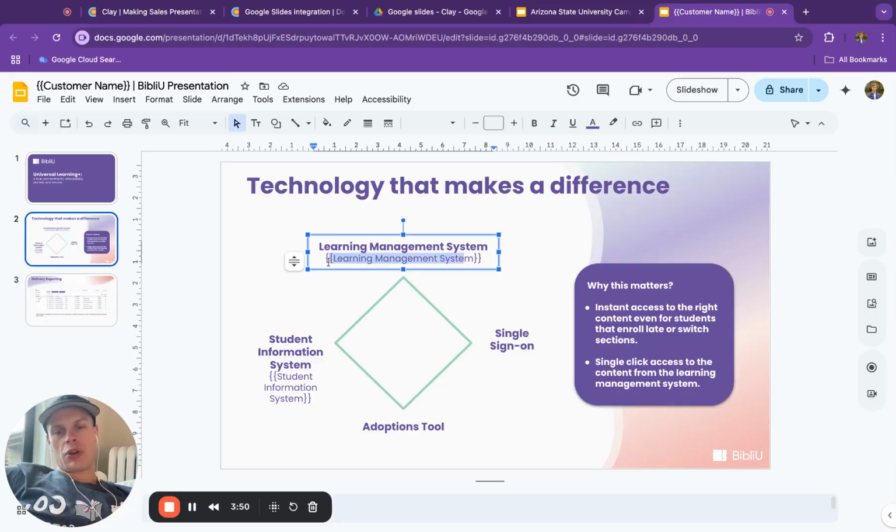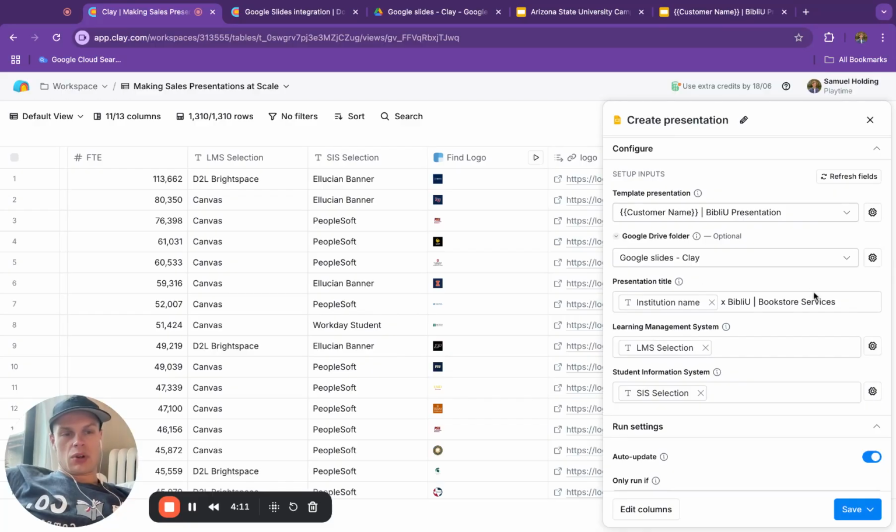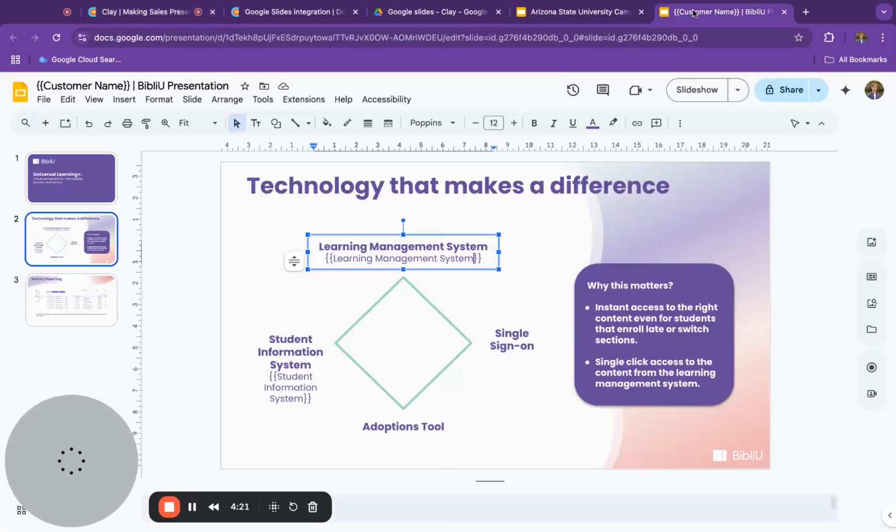You don't need to take these values from anywhere specific. They can be unique, and they should be unique from each other. Whether I call this learning management system or LMS, whatever is in these curly brackets doesn't actually matter. All that's going to happen is when you hit refresh fields, you're going to see that learning management system and student information system pull through here. You'll notice that the casing is exactly as the casing is in here, capital, capital, capital. And if I did this,